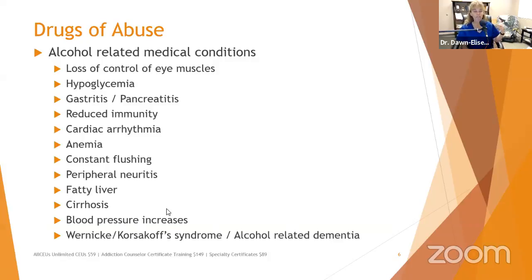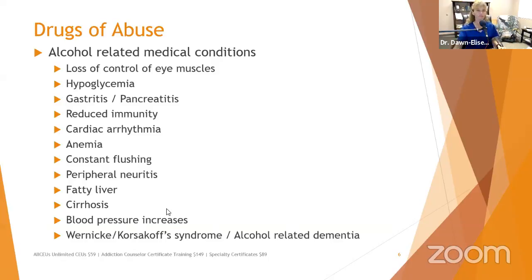They also may have inadequate absorption of certain B vitamins, which can lead to something called alcohol-related dementia or Wernicke-Korsakoff syndrome. If somebody who is detoxing suddenly starts slurring their words and acting like they've got dementia or some sort of cognitive impairment, it is a medical emergency. It's not just going to improve as soon as the alcohol wears off. If it is Wernicke-Korsakoff syndrome, they need to get to an emergency room and get an injection of certain vitamins in order to prevent this from becoming permanent.